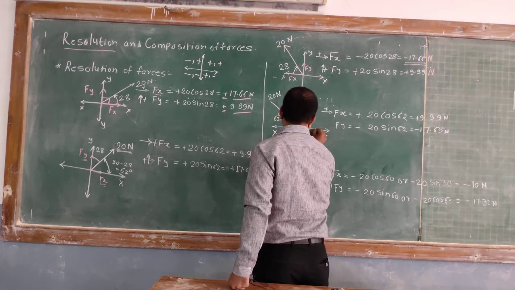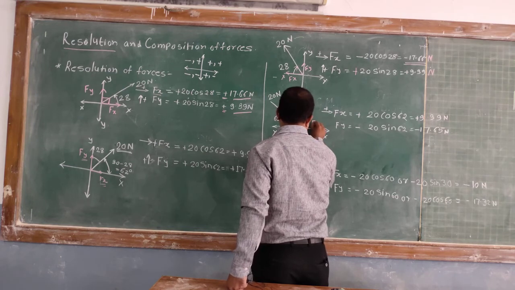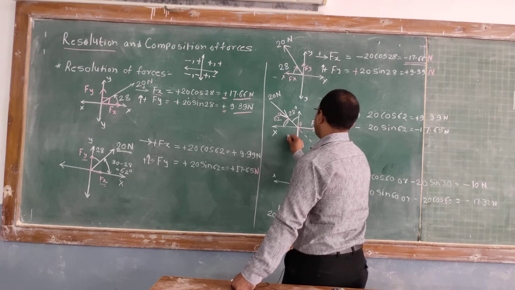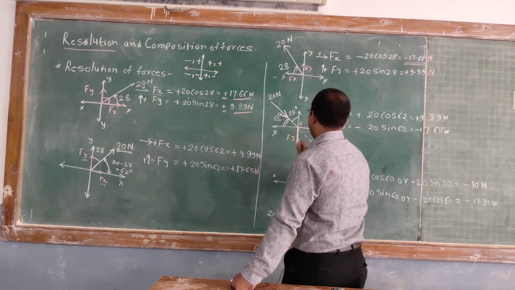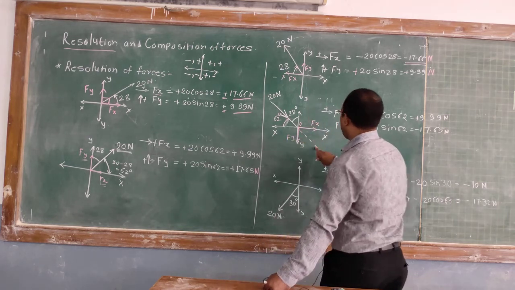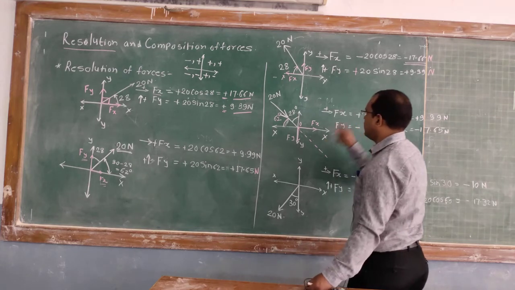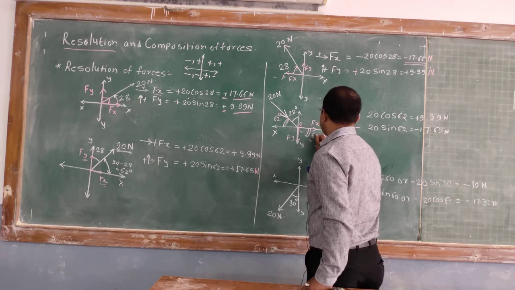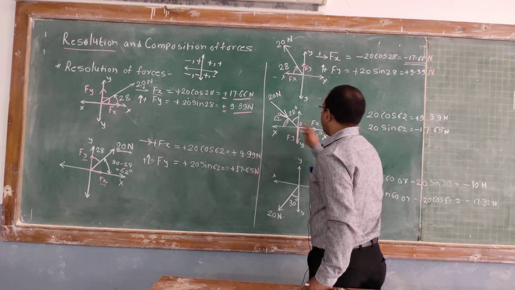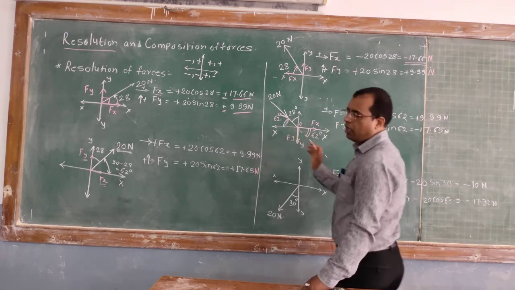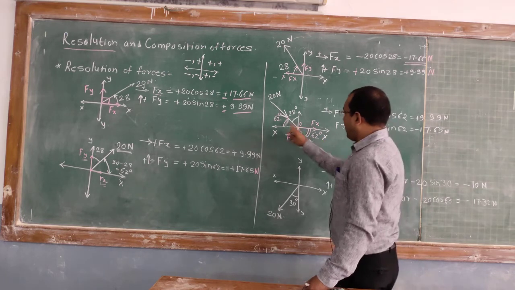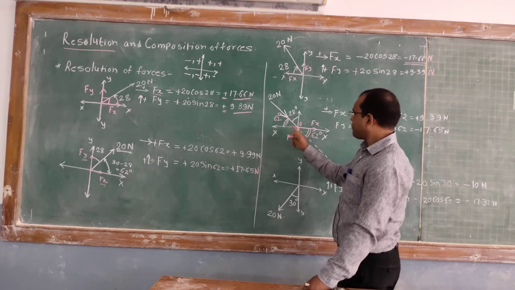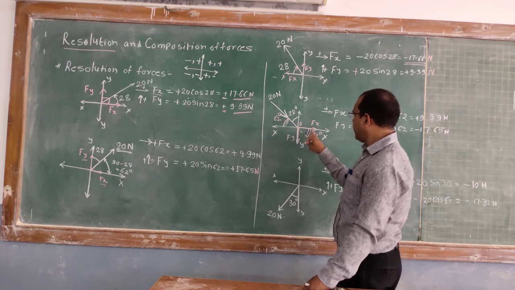So this one is its x component, that is f of x, and this component in downward direction is f of y. Okay, so this force is in fourth quadrant. Now this angle is 62, this angle is also 62 because these two are alternate angles. We have already learned in angle geometry, when there are two alternate angles, both are equal. So this angle is 62, this angle is again 62.